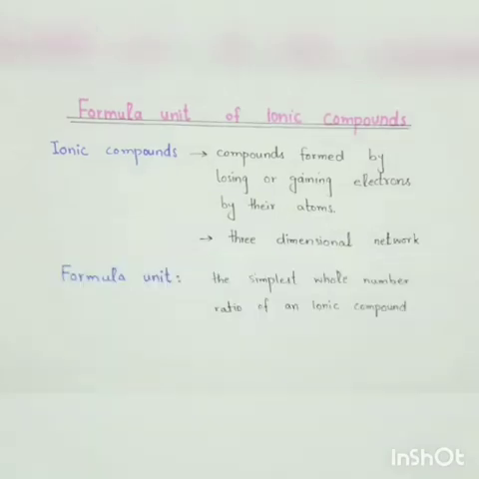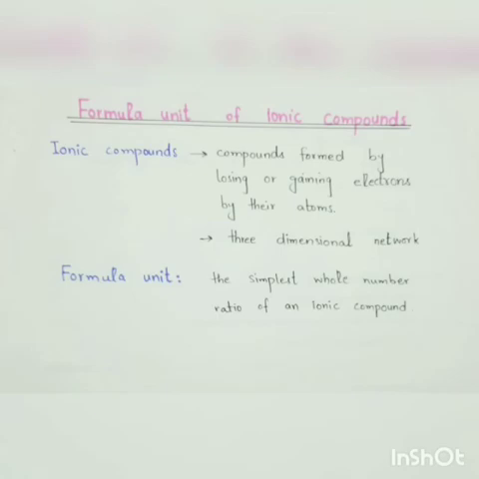Now have a look at formula unit. It is the simplest whole number ratio of ions present in an ionic compound, same as empirical formula is the whole number ratio of atoms present in a compound. Let's have a look at examples of ionic compounds that are sodium chloride and potassium bromide, and we will discuss these